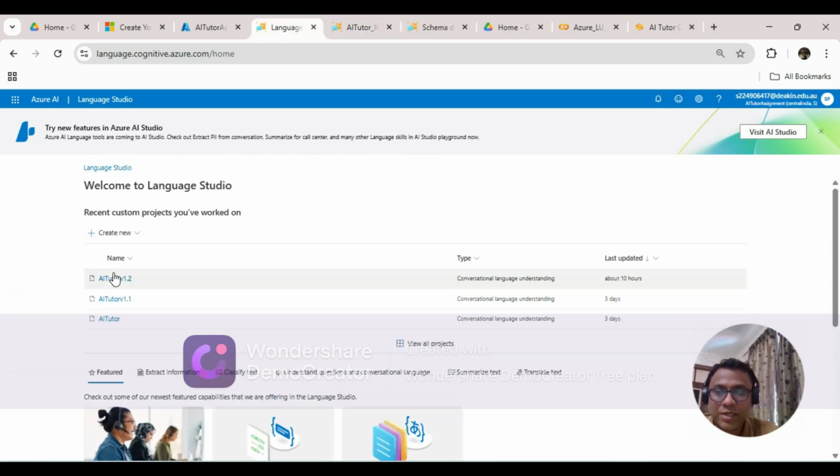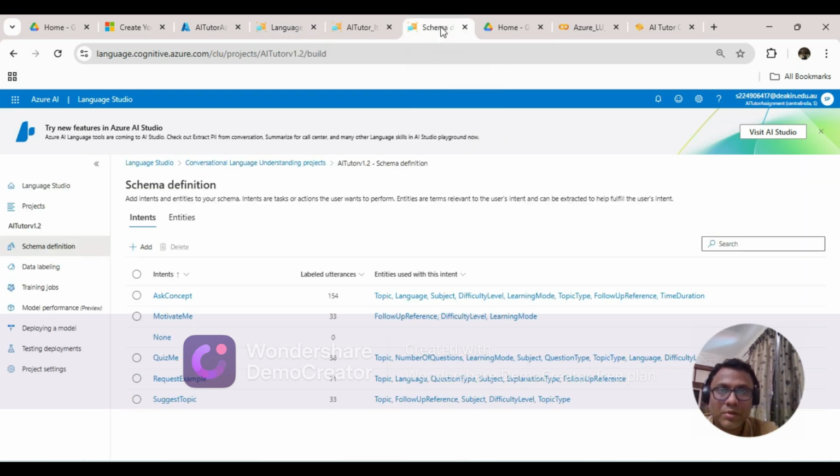Now, if you see here, I have three projects. Basically, these are the incremental projects which I have created in order to fine tune my different models. And the final one is AI Tutor 1.2. Now, if I go to AI Tutor 1.2,